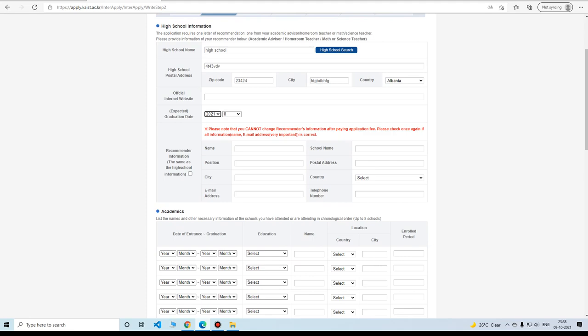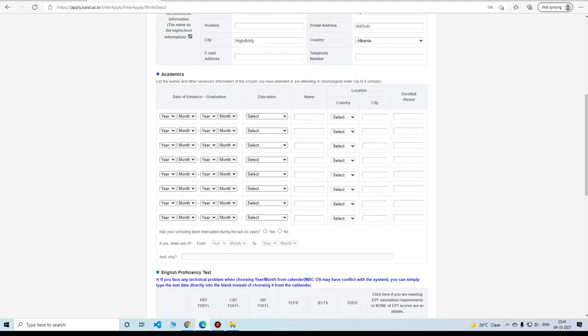And this is very important, so read this carefully. Make sure that you enter correct information right here, because you cannot change this further. So contact your recommender and ask them if they would surely recommend you. Make sure that the information you give here is very accurate, and you have contacted the person you think would provide the recommendation letter for you. So be accurate for this.